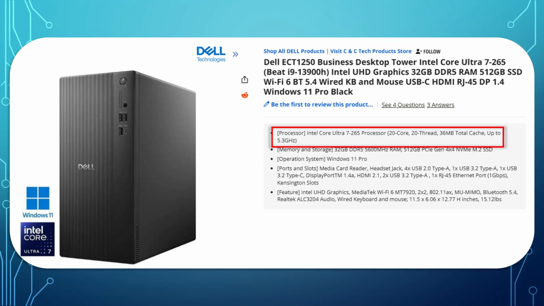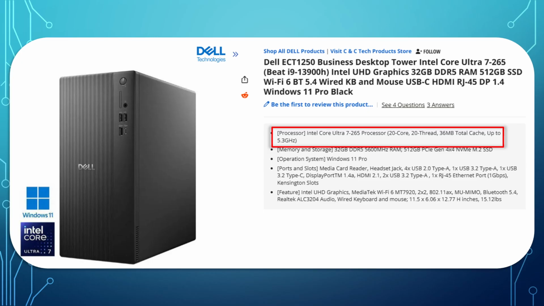A long time ago, processors consisted only of a control unit and an arithmetic logic unit, or ALU. There came a point in time where someone thought that if we take that package, make it small enough, and then add a second one, we could make CPUs run faster. That became a dual core processor where each core is a control unit and ALU combo. Nowadays, you may see 6-core or 8-core, or in this case 20-core processors listed in the description.